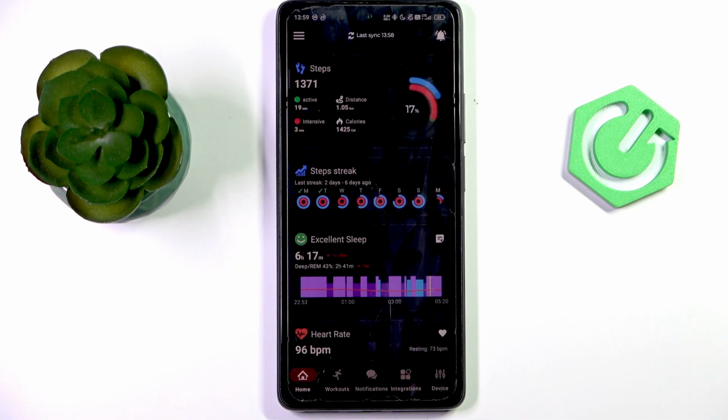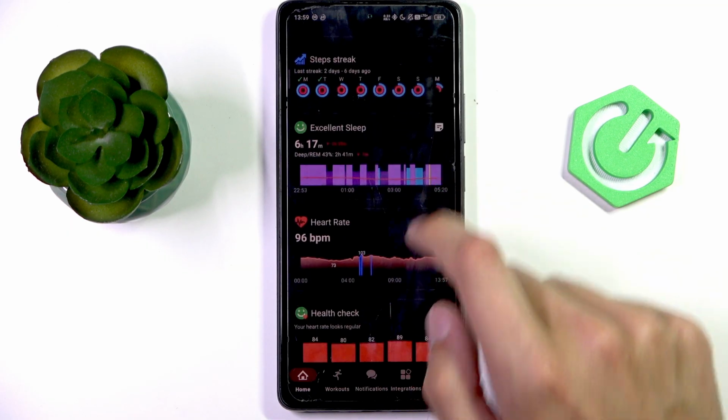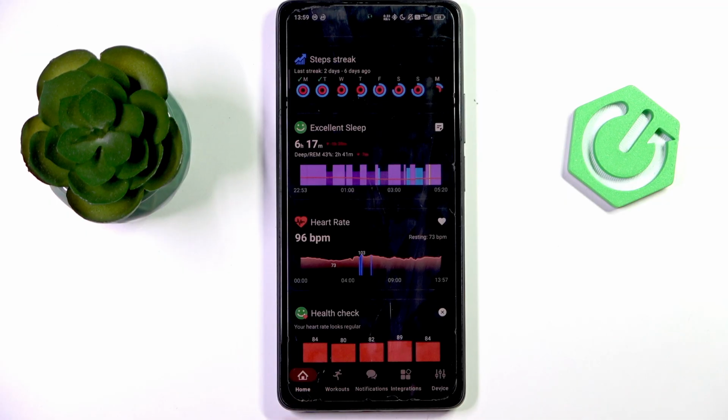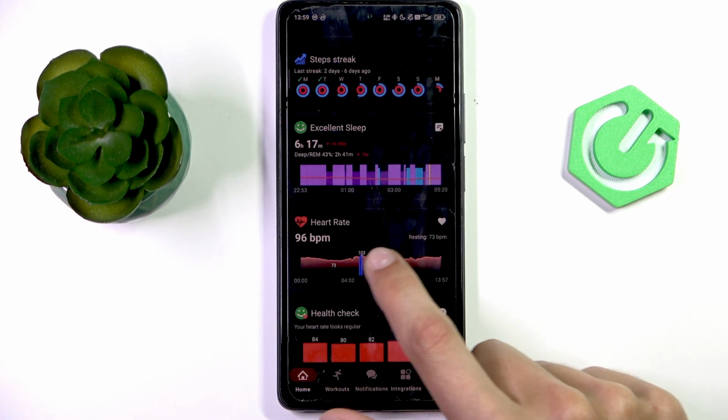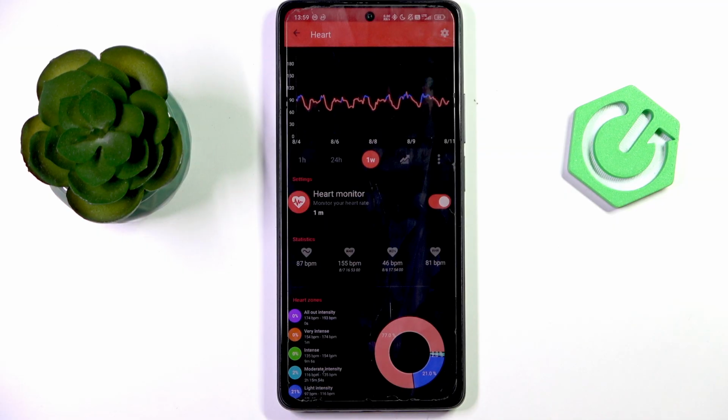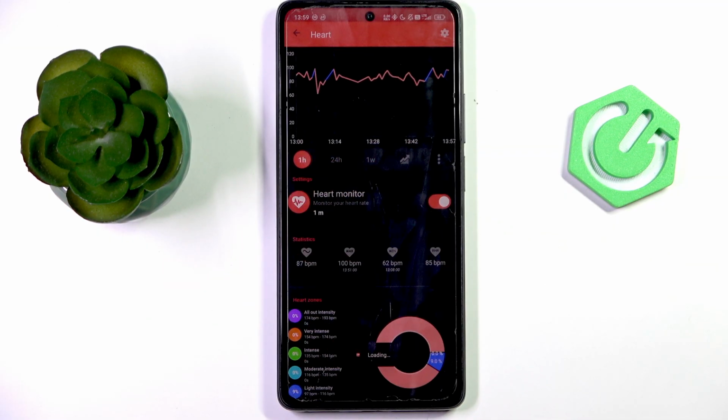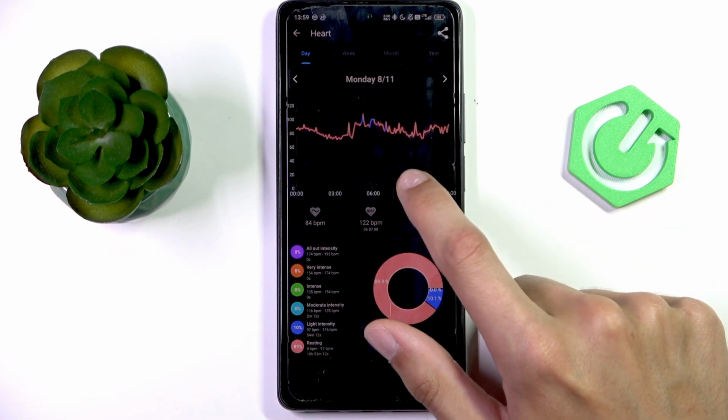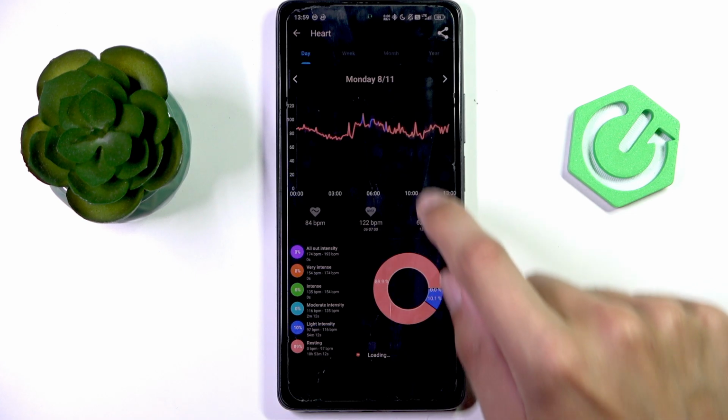To see your heart rate data, the first step would be to go into here, the home screen, and tap on the heart rate module. Tap on it and you're going to see your data. You can pick the different amounts of time across which you want to see it: 24 hours, 1 hour, 1 week. Maybe even this trends button to see